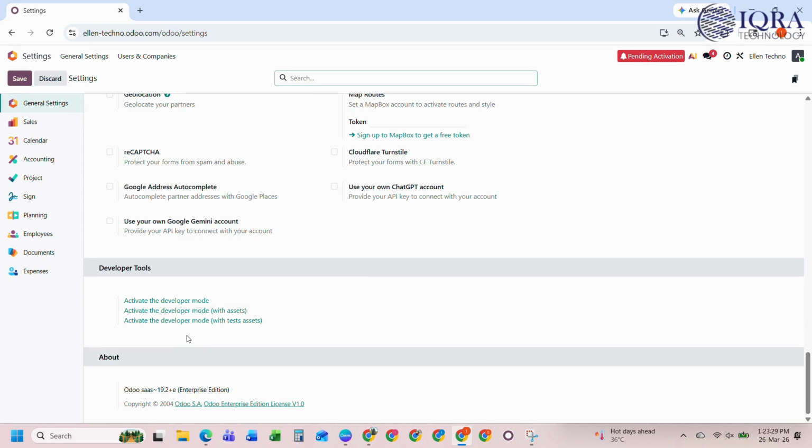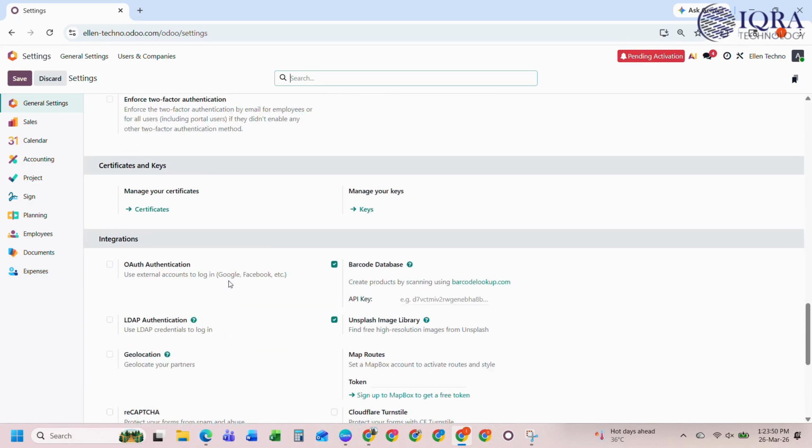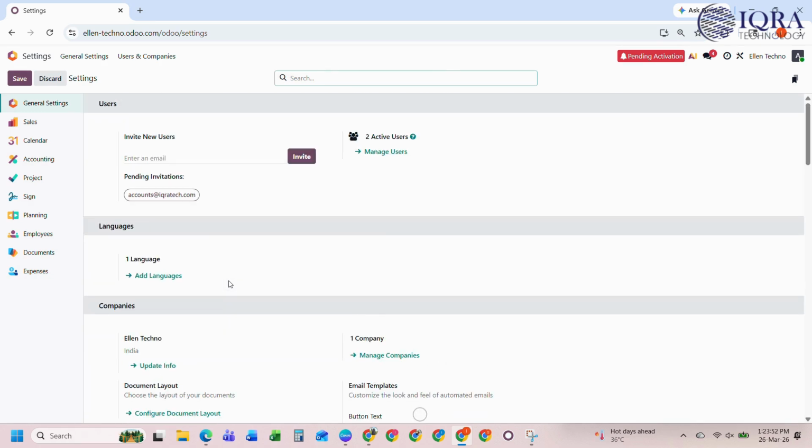Once Developer Mode is active, you will see the option to load demo data. When you click it, you will get a warning. So it is very important not to use it in a production database that already has real data, because it can change or mix the existing data. When Developer Mode is turned off, this option will disappear for safety reasons. And that's it. Now you know how to create a database, install apps, add users, and understand demo data.